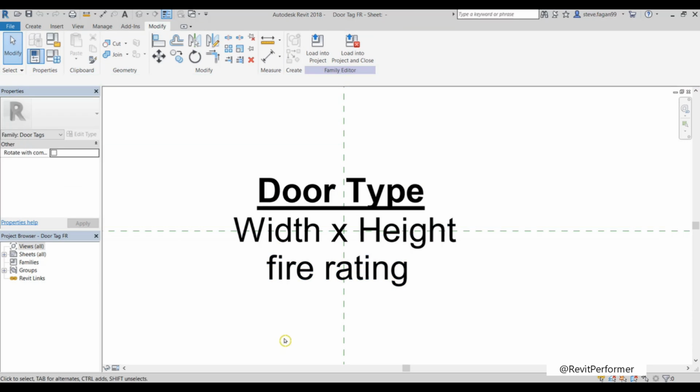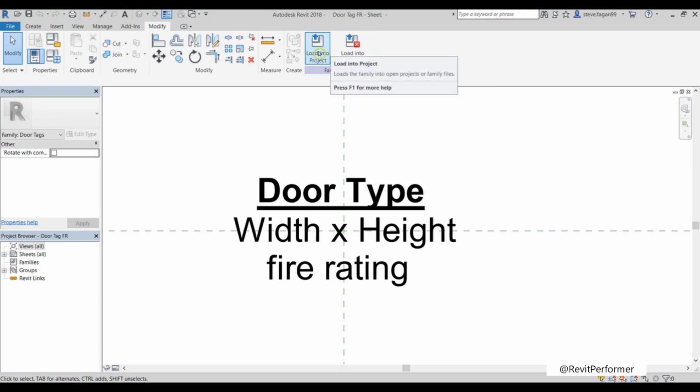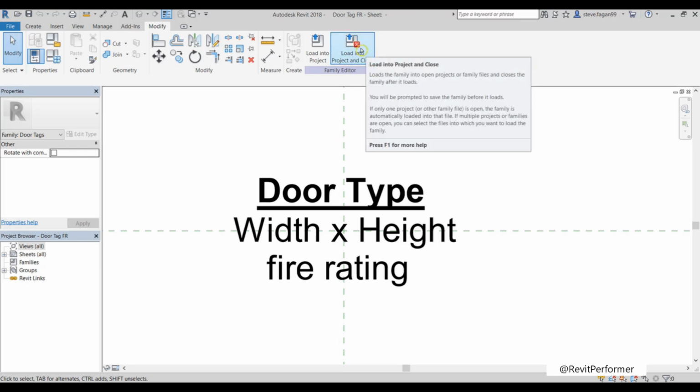So to load the door tags into our project, we'll come up to the main ribbon here, the modify panel. And we have 2 options. We have load into project and load into project and close. If we wanted to further edit the tag, you'd simply just click on load into project. It'll do so, and this drawing will remain open. If we use the load into project and close, it's going to load the tag into the project and it's going to close down this drawing. So that's what we're going to do today. So I'm going to select load into project and close,